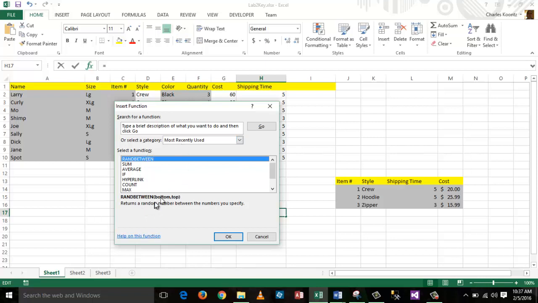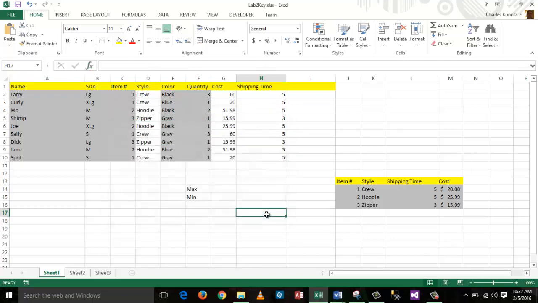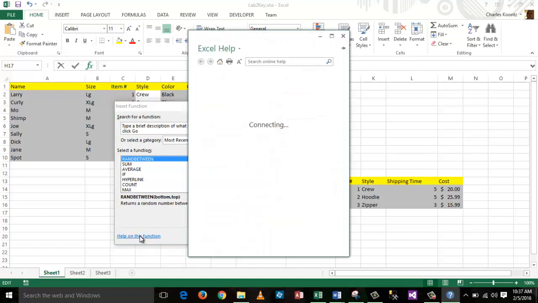If it's not, okay, then I can drill down into the help files, and what I would do is double click on rand between here, and let's see, don't want to do that. Let me try that again. Go back over here and choose more functions, rand between, and there's a hyperlink down here for help on this function. So if I choose help on this function,